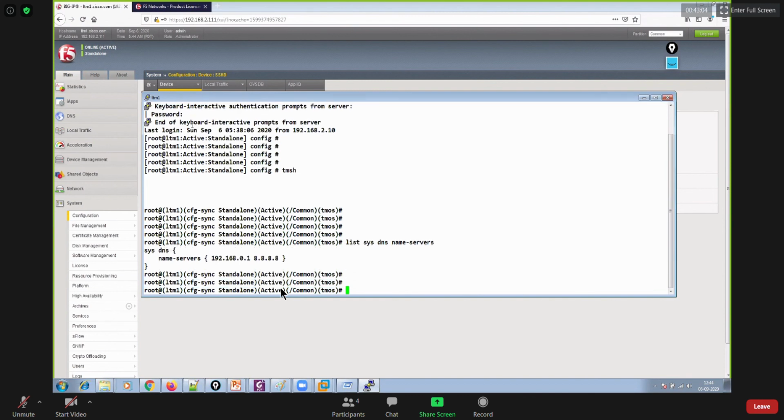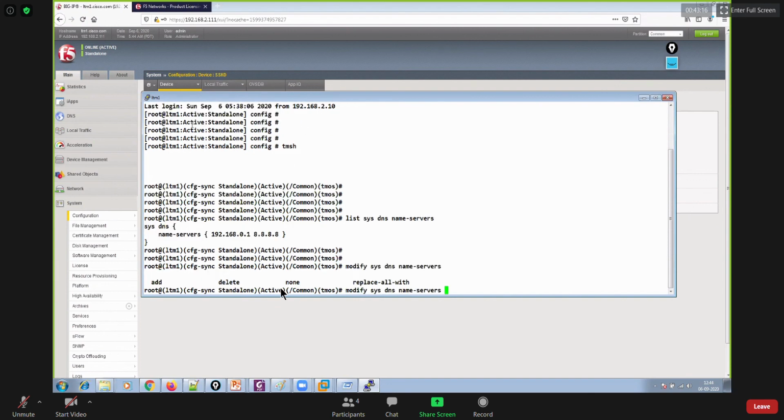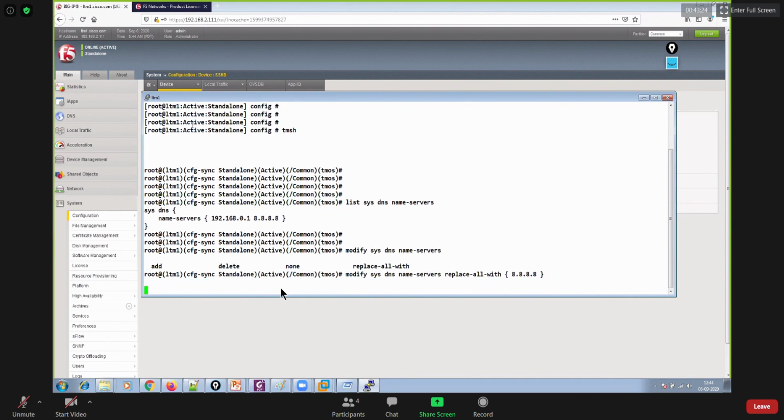Like this. You want to modify that list? It's up to you. Just say create, or maybe modify sys DNS name servers, and I could say replace all with 8.8.8.8. Packet closed. Here you go.